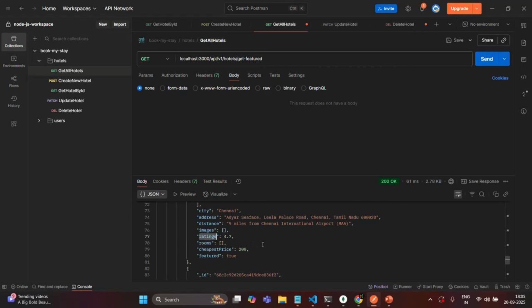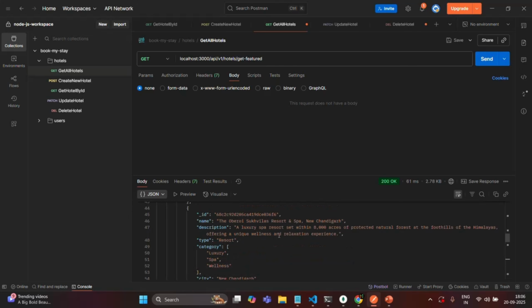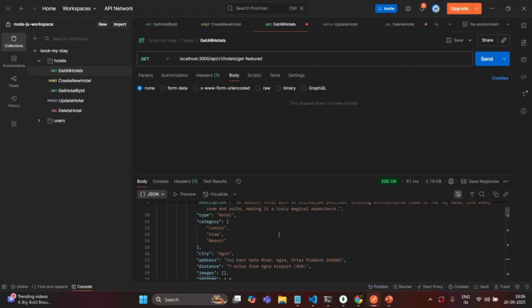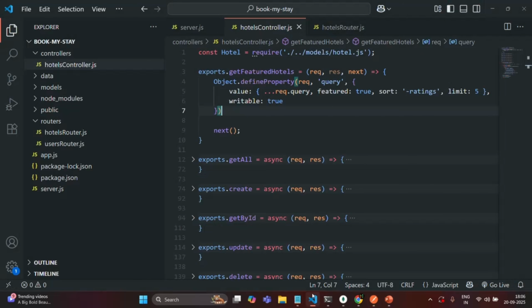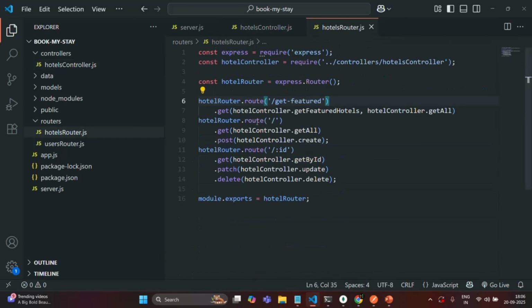And we also have a total of 5 documents. So that is also correct because in the code we have set the limit to 5. Okay, so here what is happening is, whenever a GET request is going to come to this endpoint, first it is going to execute this